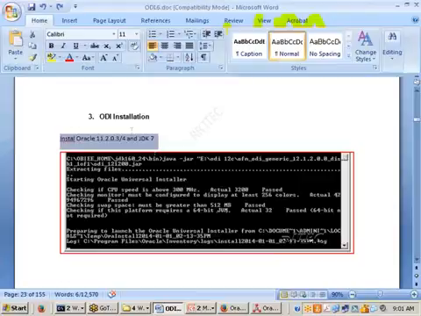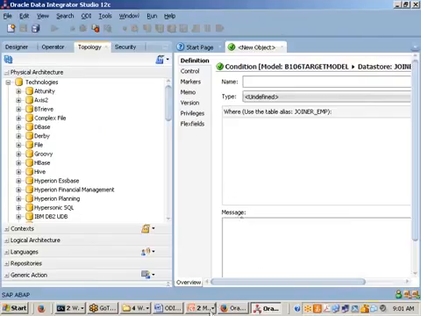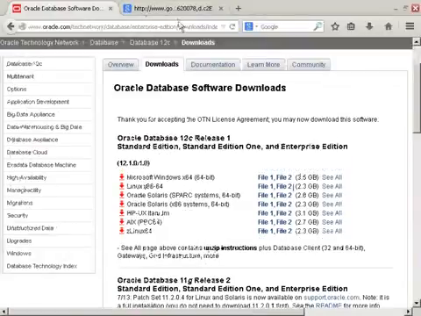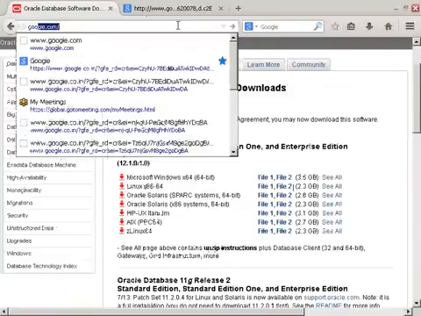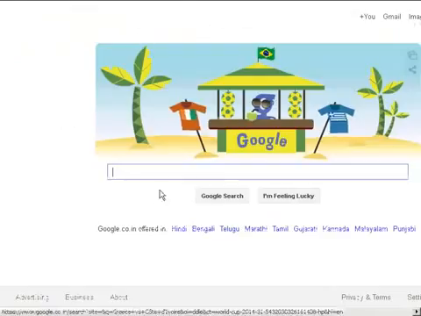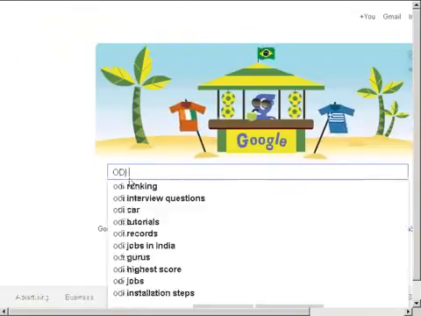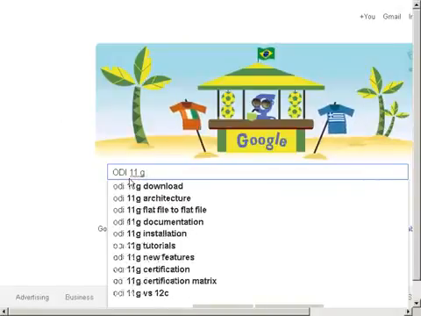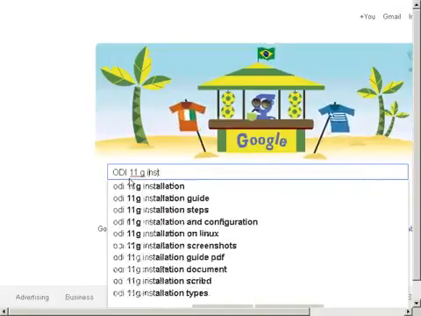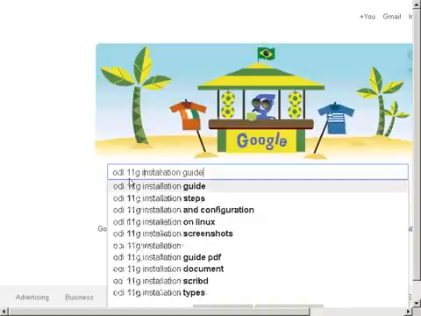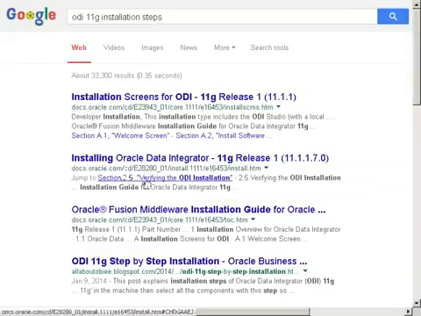And ODI 11G installation is also similar to this, sir. I don't have the documentation here. If you really want, you can go and see it on Google also. ODI 11G installation, the same steps will be there. You need not worry about it. Installation steps, I am going through.